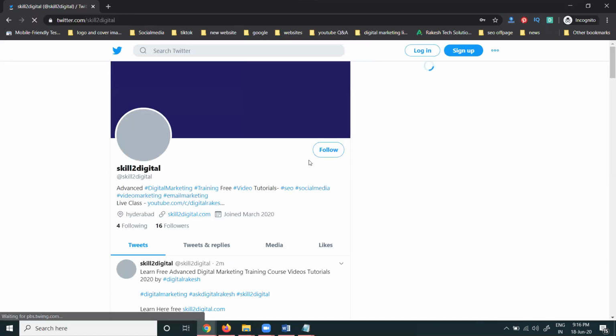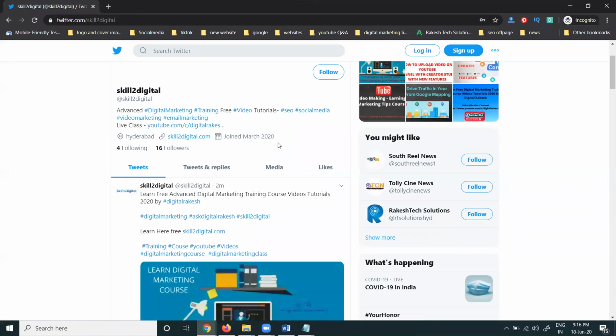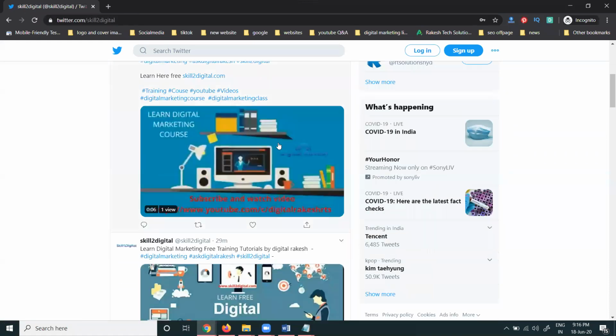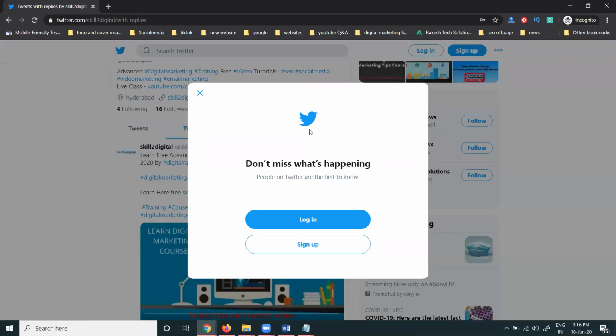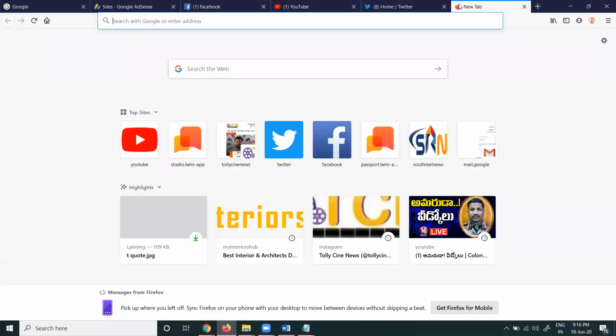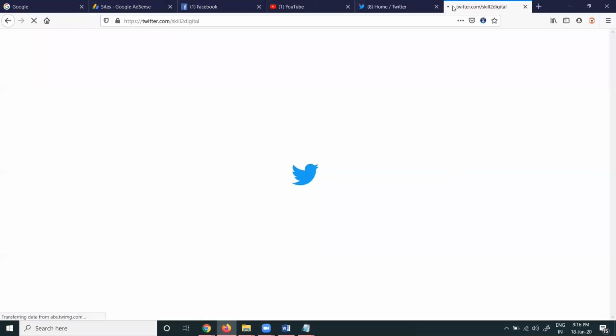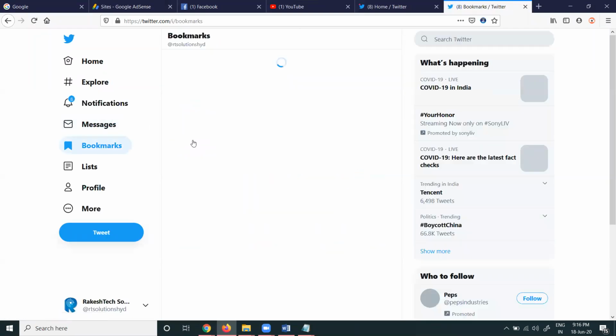I'm just showing this option here. When people log in, the bookmark option will show in the particular tweet option. So nothing will be there. When your login is done, so yeah, login will be done. See this bookmark. So they will show in this particular tweet option.